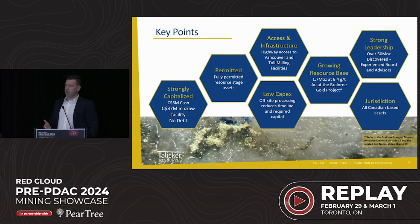The first tranche of the royalty deal, which was done with Sprott Streaming and Royalties, was taken earlier this year. That was for $7 million US. The second tranche we'll be taking in the next couple of weeks. That's 11.75 million, and that will allow us to begin production in our Mustang mine, which is fully developed up